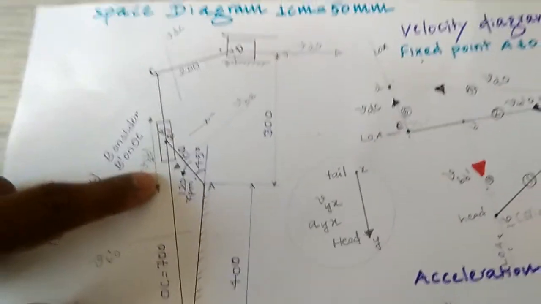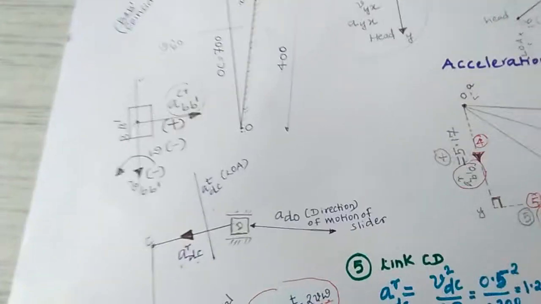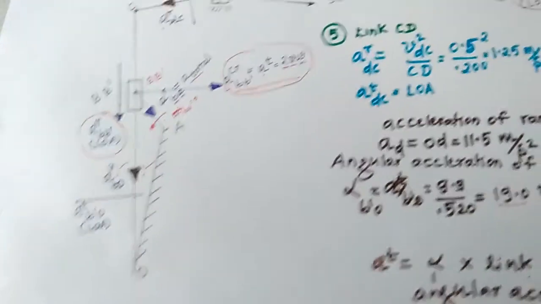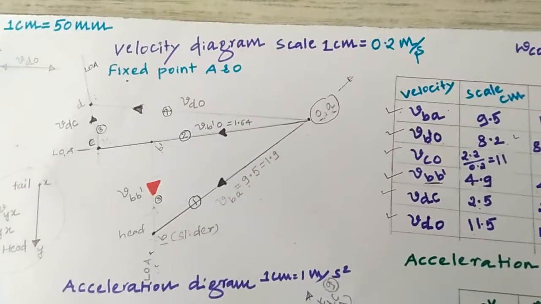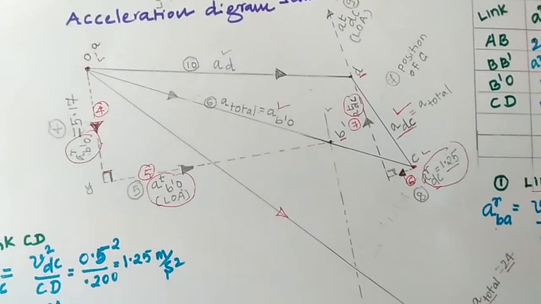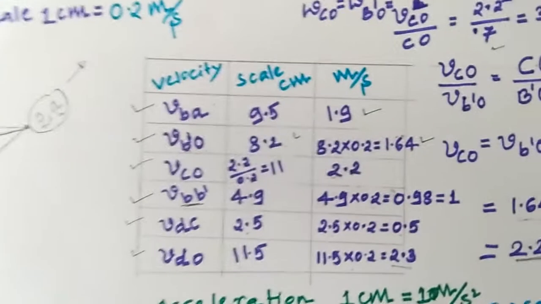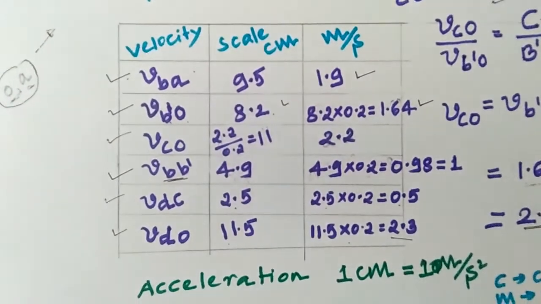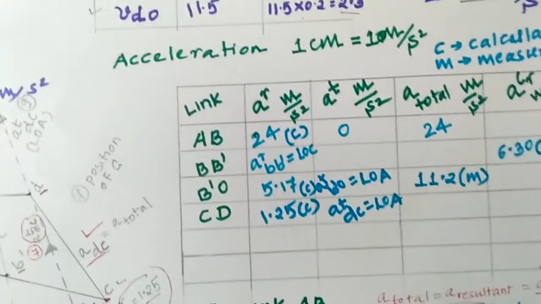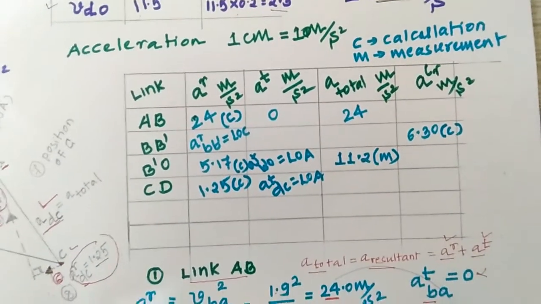This is a space diagram. I drew the space diagram because for acceleration and for velocity, it helps to get things properly. Then I drew this also. Then come to the velocity diagram, that is the concept. Then the acceleration diagram I drew here also. Look at this one. Then the velocity diagram and the acceleration diagram, I made these as tables. I have written C for the calculation. Link, this you also get.